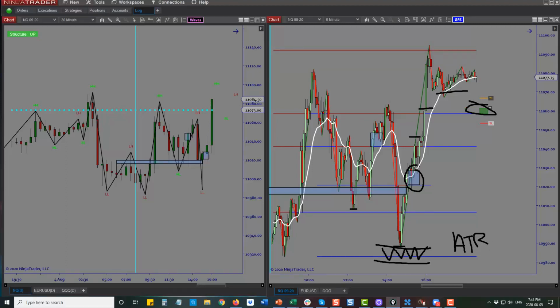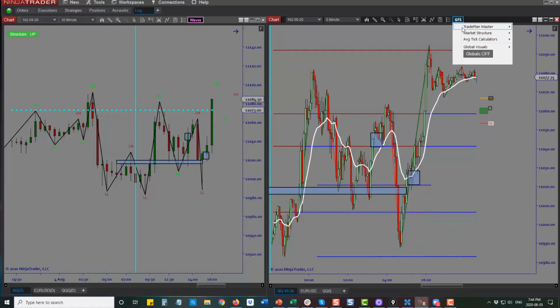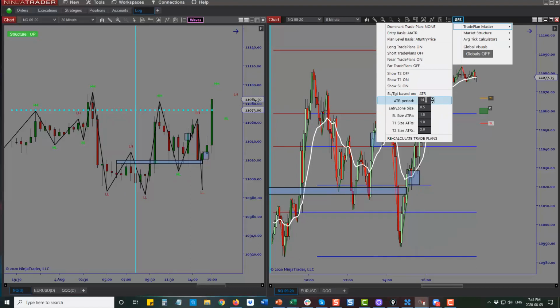In fact, if you load an ATR indicator onto a chart, you'll know that this ATR uses 14 periods, which is the standard for most platforms. And then what ends up happening